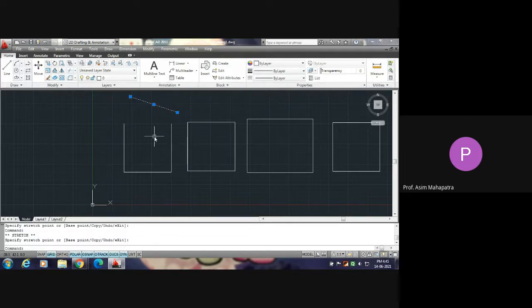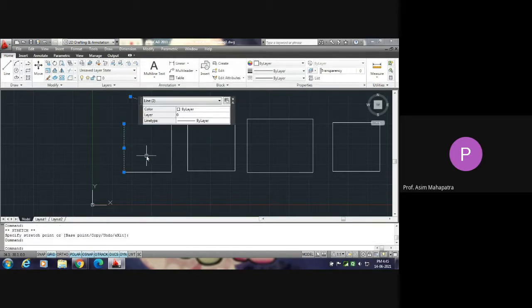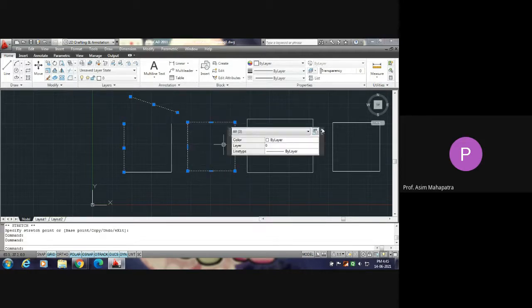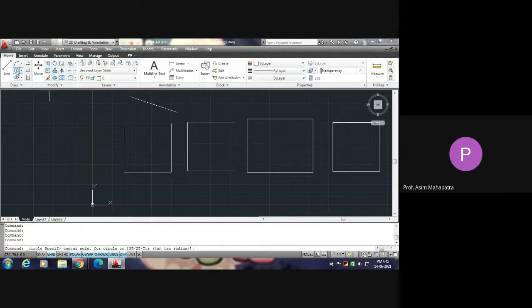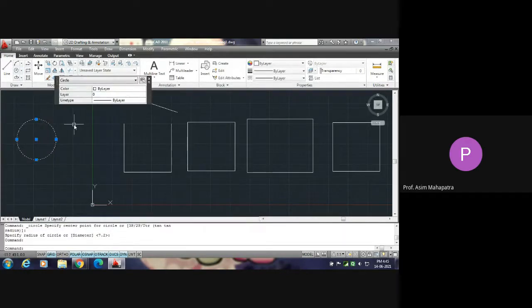So that is the reason why this type of selection is called grip selection. It means if you select, the grips will be generated. In case of a straight line, there will be 3 grips. For a circle, how many grips are there? You select it, there will be 5 grips, one for the center and another 4 for 4 points in horizontal and vertical direction.